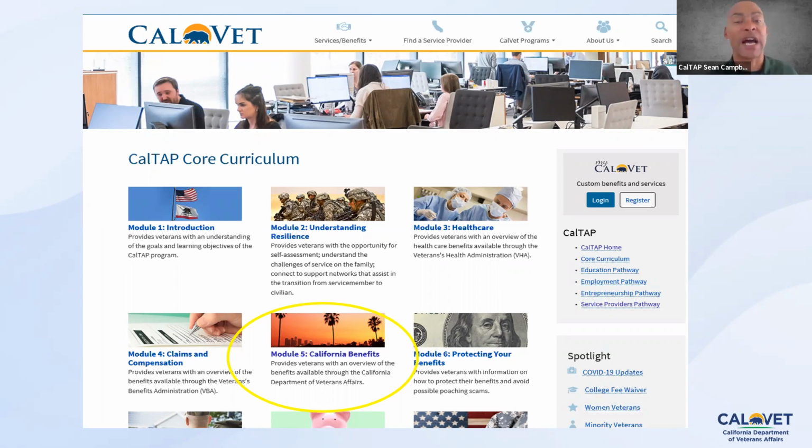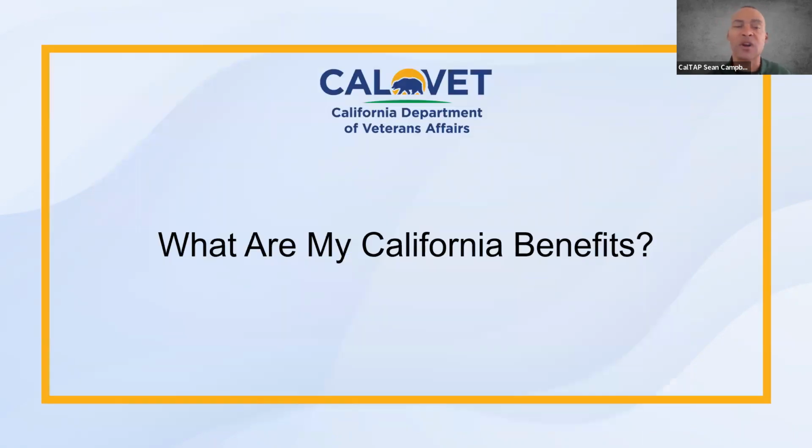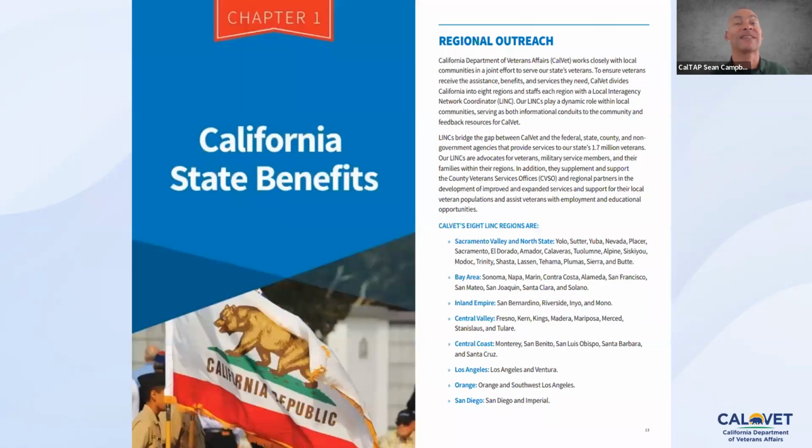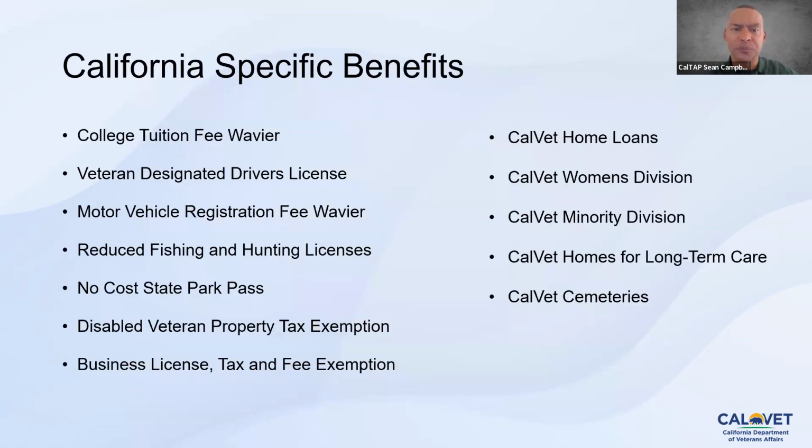And then you can explore some of your California benefits. You can see it's highlighted here. That's a great question: what are my California benefits? Well, the state of California has a lot of different benefits for you. One of the greatest benefits that the state provides is people like Kevin, who's here today, called local interagency network coordinators. These are people whose whole role is to make sure that you find out about and navigate the benefits, and you have a live human being to help walk with you through all the different processes out there. We have one of the greatest ones, Kevin, with us today, who's going to explain a little bit about what he does in a second.